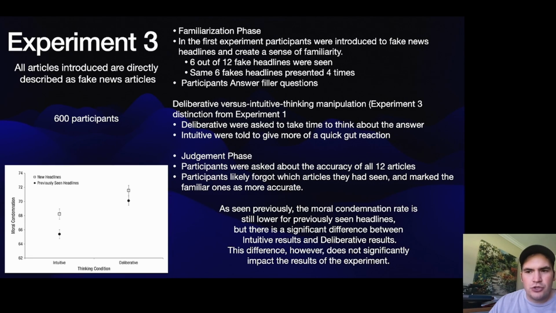If you look at the chart, on the intuitive side, their rates are a lot lower, but on the deliberative side, their rates are higher. This shows that people who are intuitive are less likely to engage in moral condemnation, whereas people who are deliberative have thought about it, and so they're more likely to engage with that because, as stated, they know that these articles are false. As previously seen, the moral condemnation rate is still lower for previously seen headlines, but there's a significant difference between the intuitive and